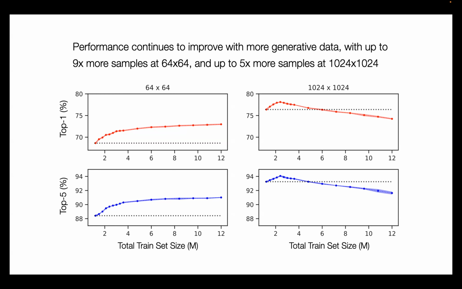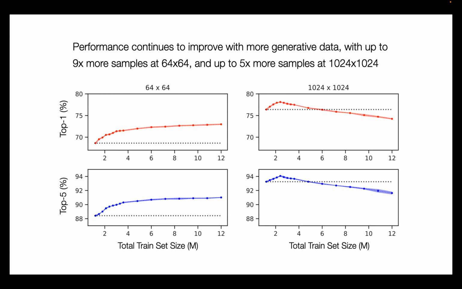What you see at 64 by 64 is that the model gets better and better as you add more and more data. And I think this makes sense to some extent: when you downsample the images very significantly, you're taking away a lot of information from the real data, and now there's more room for the synthetic data